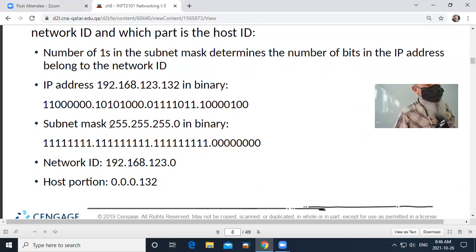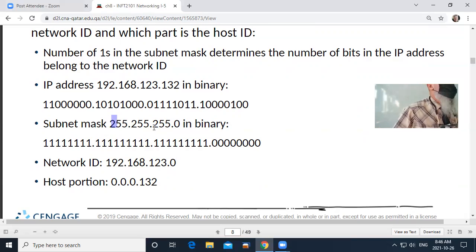Now, you might look at that and say, oh, well, this is actually 255, 255, 255. 255 is actually just 8 ones, okay? If you have a look at that, that's what you're going to get. 8 ones is the number 255. And so basically, if you have a subnet mask of 255, 255, 255, that would be 8 plus 8 plus 8.